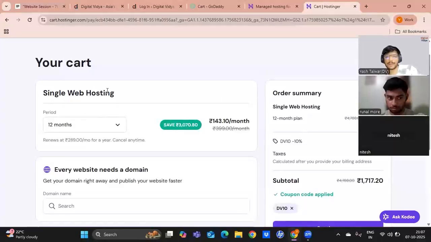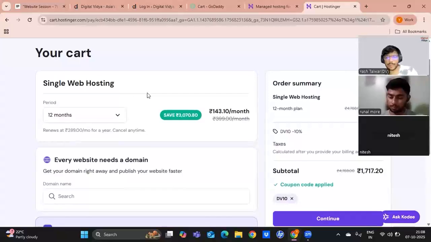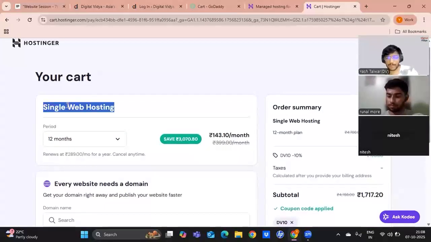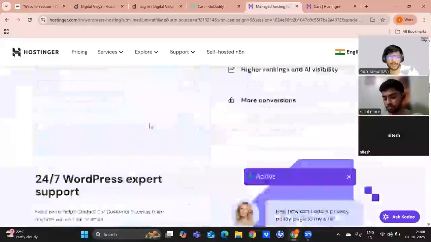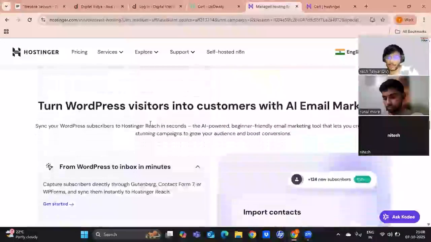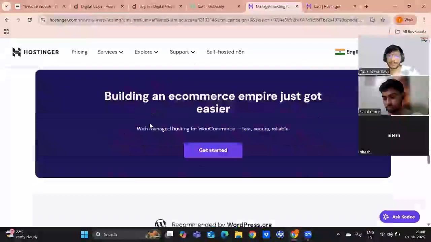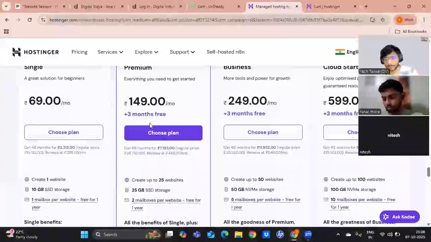In this class, today we are just creating a basic foundation and we are learning about the platforms that we will be using, right? So for that you have to use Hostinger, to get hosting and to get a domain. From Hostinger you can either take the single web hosting plan like I just showed you, or you can take the premium plan. It depends on you, but you have to take it for 1 year.